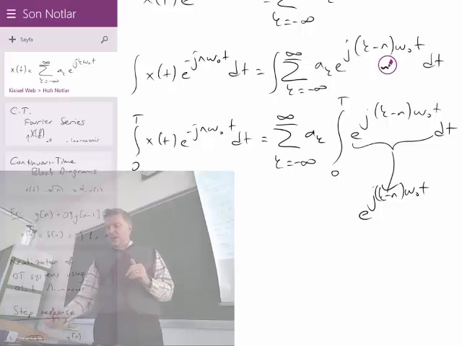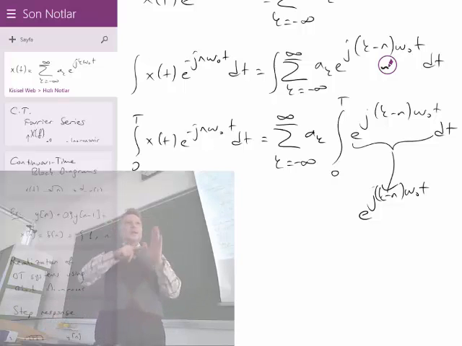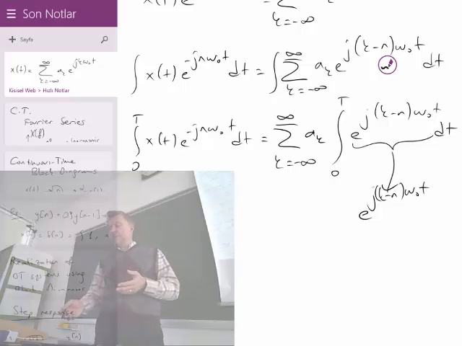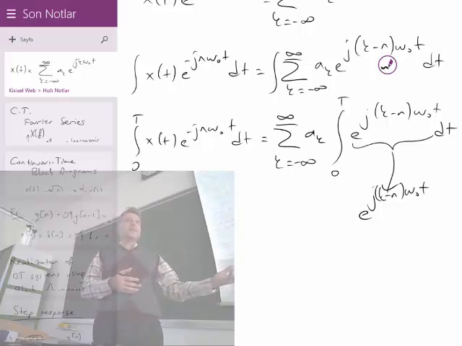What happens if k minus n is 2? Then it will have 2 oscillations from 0 to capital T, and the integral of 2 oscillations is again 0. If it is 3, again 0. If it is 100, again 0. It's always 0. If it is minus 2 or minus 5, also one full cycle, 2 full cycles, or integer multiples